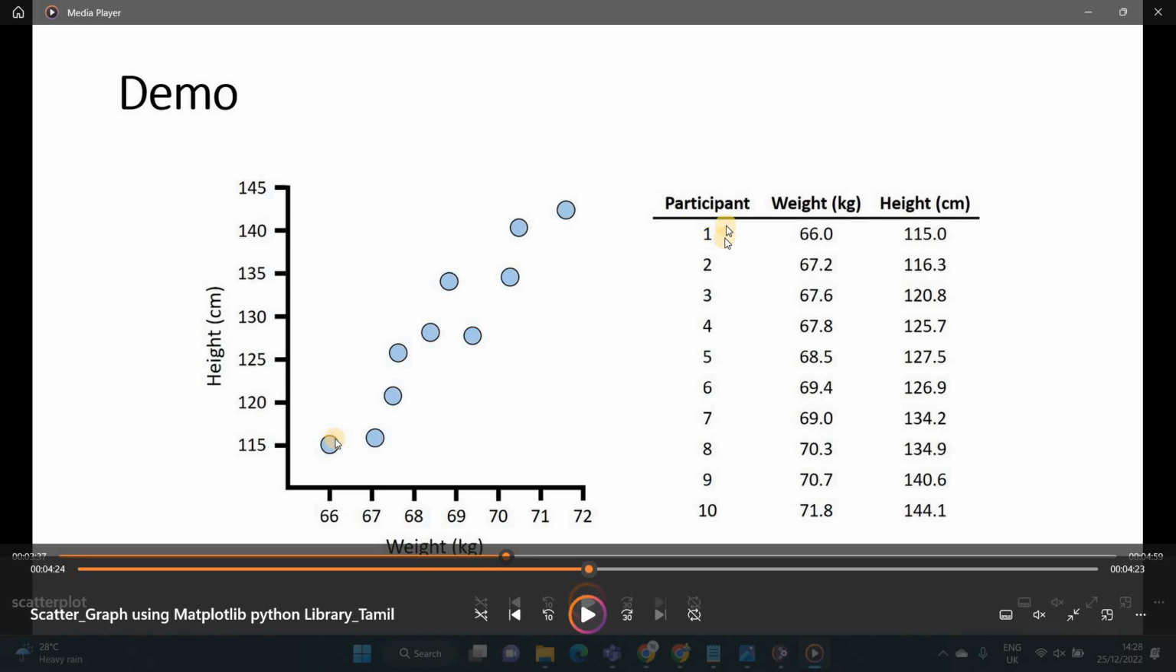Actually, let me take participant 1. His or her weight is 66.0 and height is 115.0. So we need to first check the x-axis for the value 66. We need to identify the value of 66, then go to the height and find 115. Here, at the interconnection or relationship between the y-axis and the x-axis,